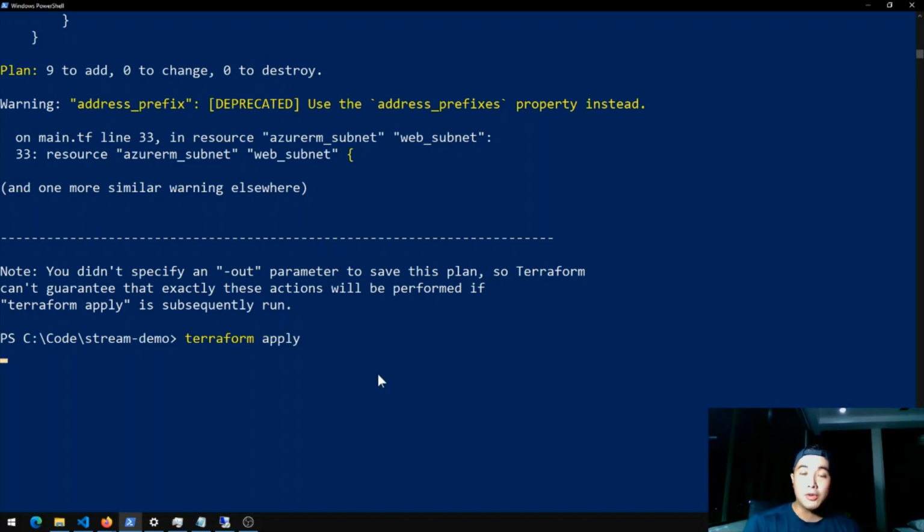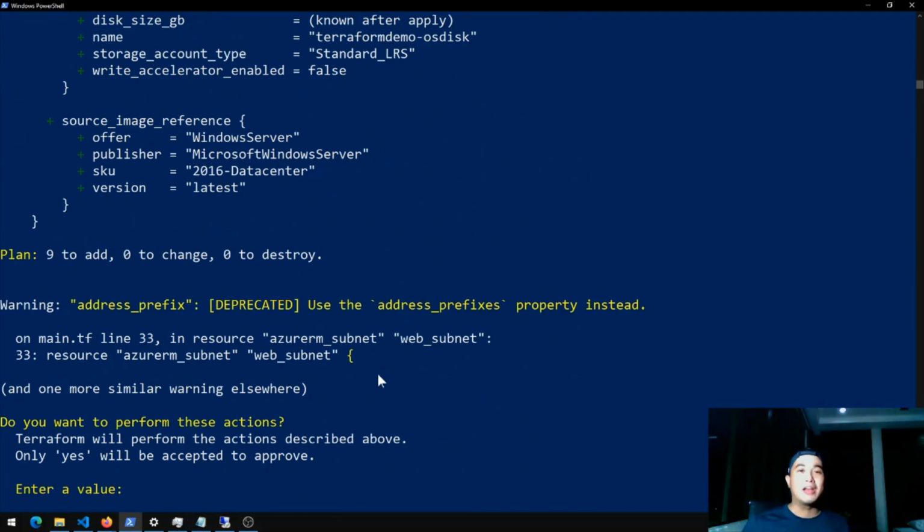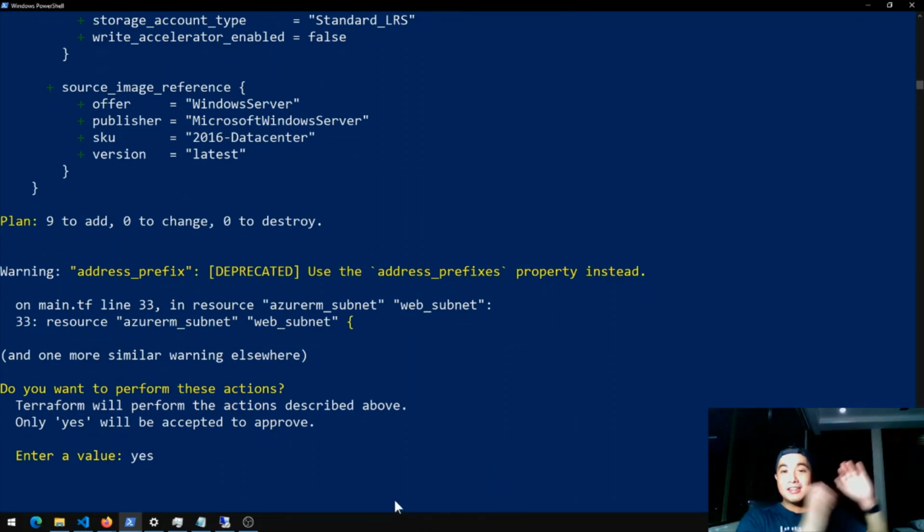So plan was our process of just saying what is going to be done against it, but will not actually do anything. It's only when you do apply where we will actually issue this command. This is important because you might want to use Terraform plan just to make sure what will be impacted if I change certain data in my data center, right? But the nice thing is when you do it in Terraform, since it's all defined in code, Terraform will tell you exactly what's going to be